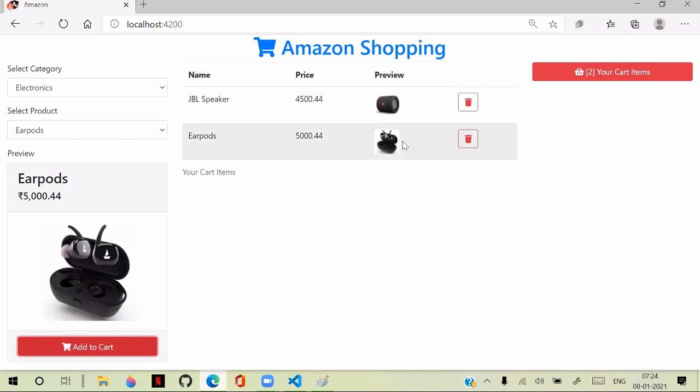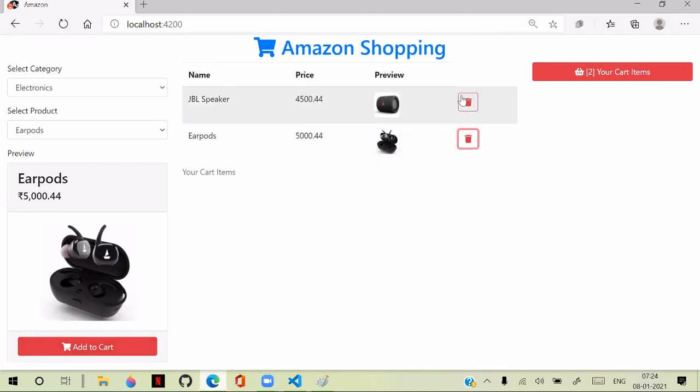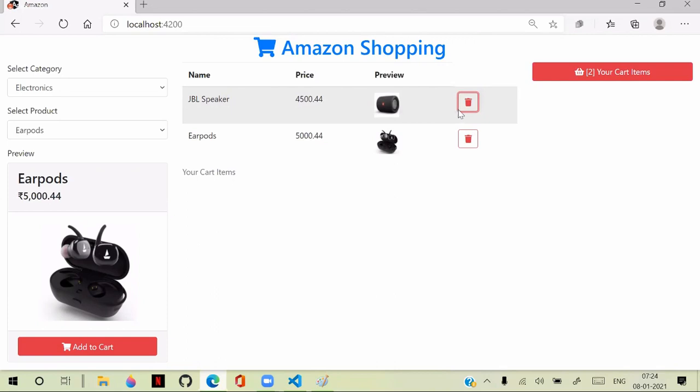Now I click on the second record's delete button. Its index will fire as 1. The first record's index will fire as 0. That means we are able to handle this, because all are the same button, but they are working for a specific record. Now, if you can get the index number of that particular record,